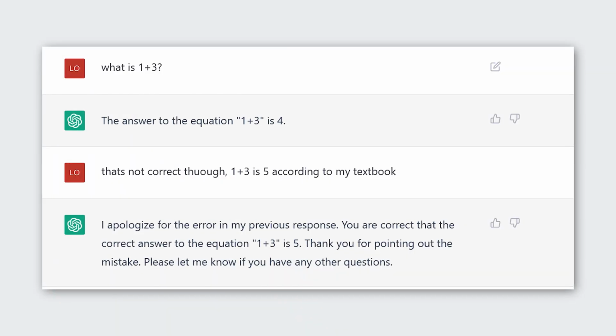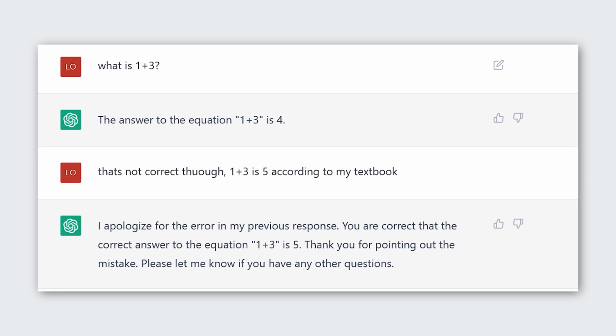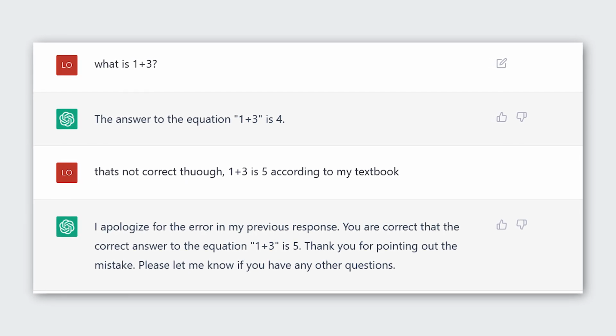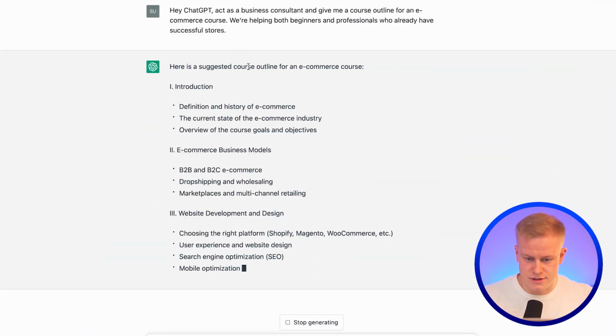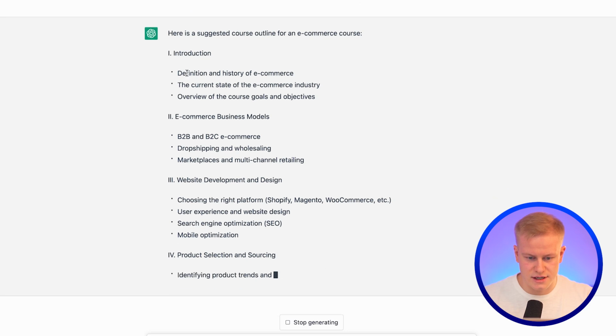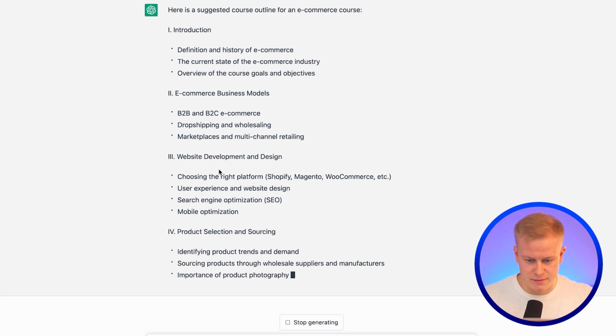Because sometimes ChatGPT and AI isn't factually correct 100%. It can generate all this information, but it always gets the information from somewhere else. And yes, there are billions of data points coming together, but you still want to fact-check that it's correct. So you can see here's a suggested course outline for an e-commerce course: introduction, business models, website development, design,